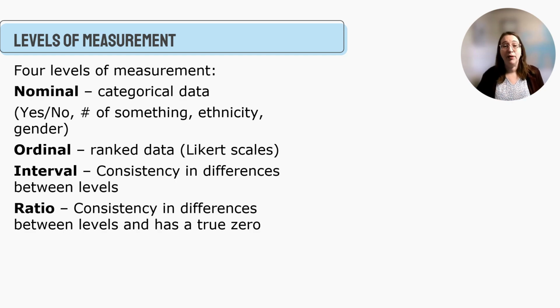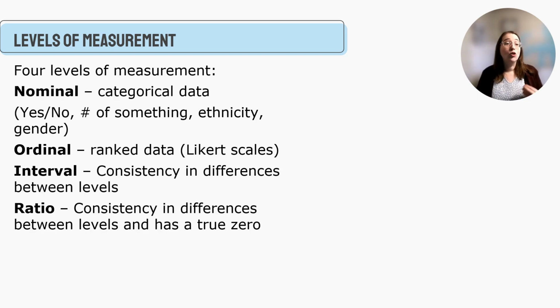You might have a number of something. You wouldn't necessarily have someone say, how many children do you have? 4 and 7. They probably have 4 or they have 7. And things like ethnicity. You might say, do you identify as Hispanic or Latinx origin? Yes or no. You might look at gender and say, are you cisgender or non-binary? So these are categories where you're probably just picking one. We often think of these in terms of demographic data.